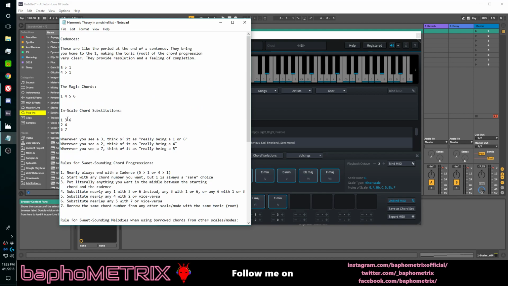1, 3, and 6 are all similar. 2 and 4 are related. 5 and 7 are related. And basically, whenever you see a 3-chord in a progression, you think of it as really being either a 1 or a 6. And if you see a 2, you think of it as really being a 4. And if you see a 7, you think of it as really being a 5. Okay? So